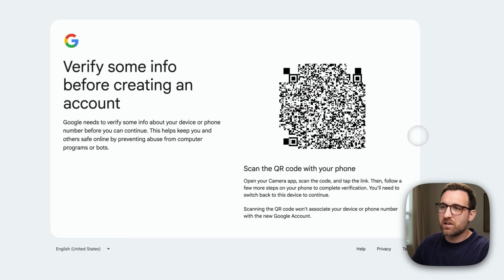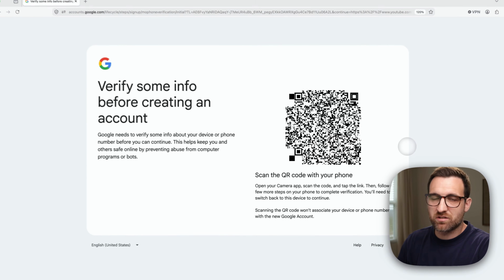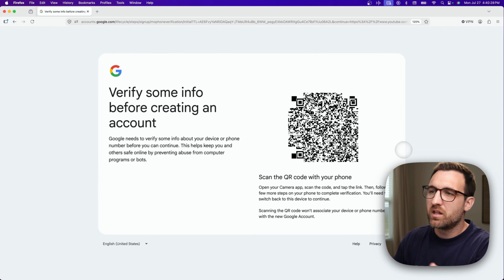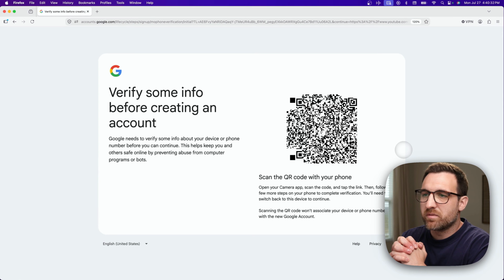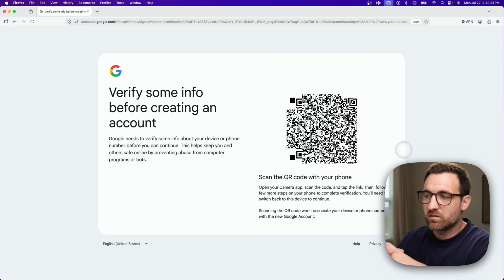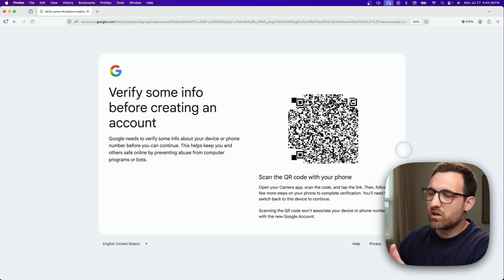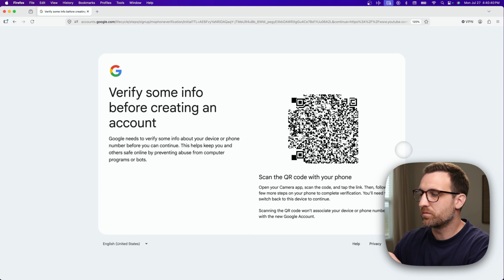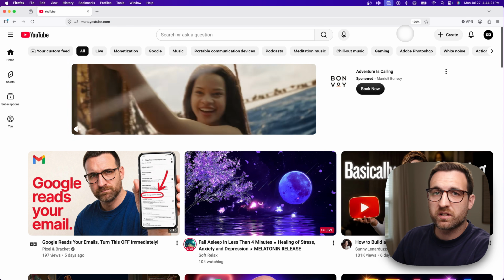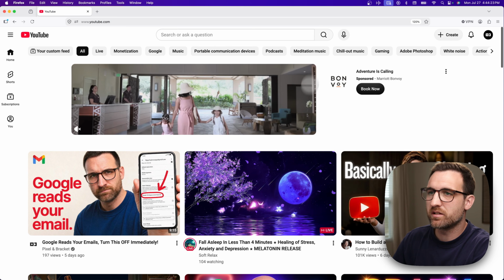And now we enter in the area of verification. They might ask you for a phone number. They might have you do a little QR code thing here with your phone. They might not ask you anything. So for me, I'm going to go ahead and open up the Photos app on my phone to do this QR code. And so then once you go through and verify your account details, you're going to be into YouTube